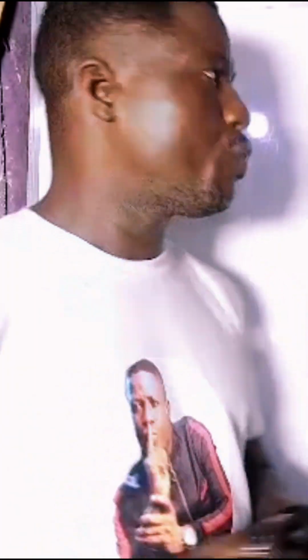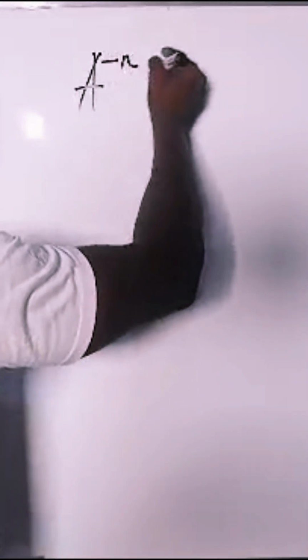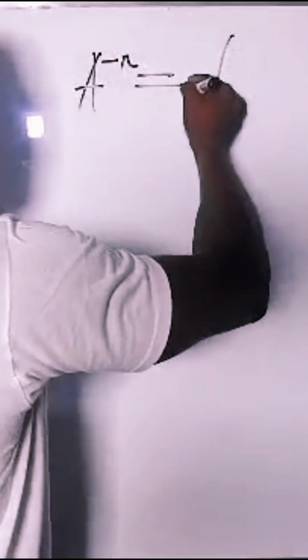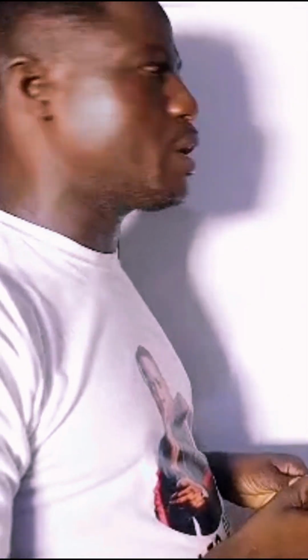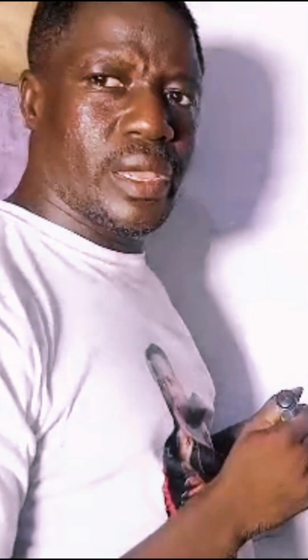Derivation of the laws of indices, part 5. And this has to do with the fifth law of indices. The fifth law of indices states that a raised to power minus n is equal to 1 over a raised to power n. This is called the fifth law of indices. Now our duty in this part 5 of the series of the laws of indices